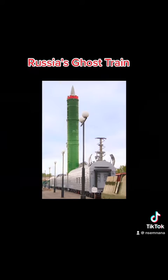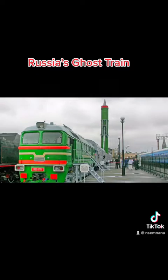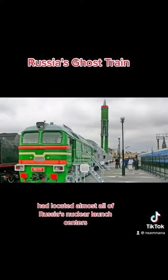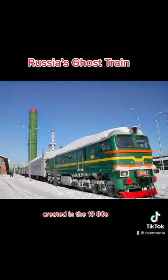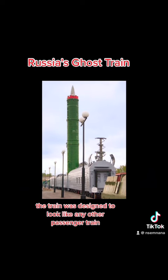portion of the planet. According to Found and Explained, this nuclear ghost train was constantly on the move, traveling around 1,000 miles per day, enabling the Soviets to get around the fact that the US had located almost all of Russia's nuclear launch centers. Created in the 1980s, the train was designed to look like any other passenger train with